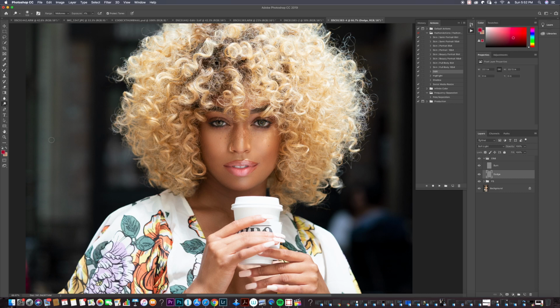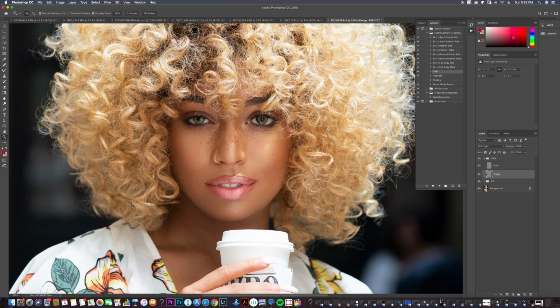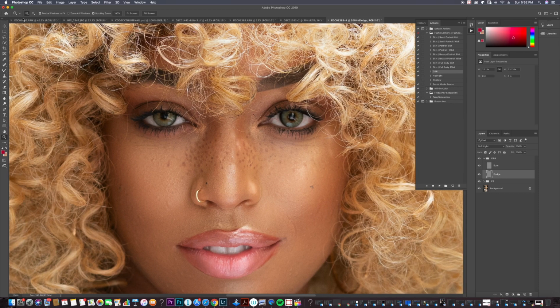Now, let's go even closer. Let's get into the eyes. Let's grab the dodge tool. Now you can increase your exposure to like 20. We're going to make it really small. And when you do it on the eyes, you just want to avoid the edge of the eyes. You want some kind of contrast from the outside of the eye where it's darker. So just slightly go around the eye like this,